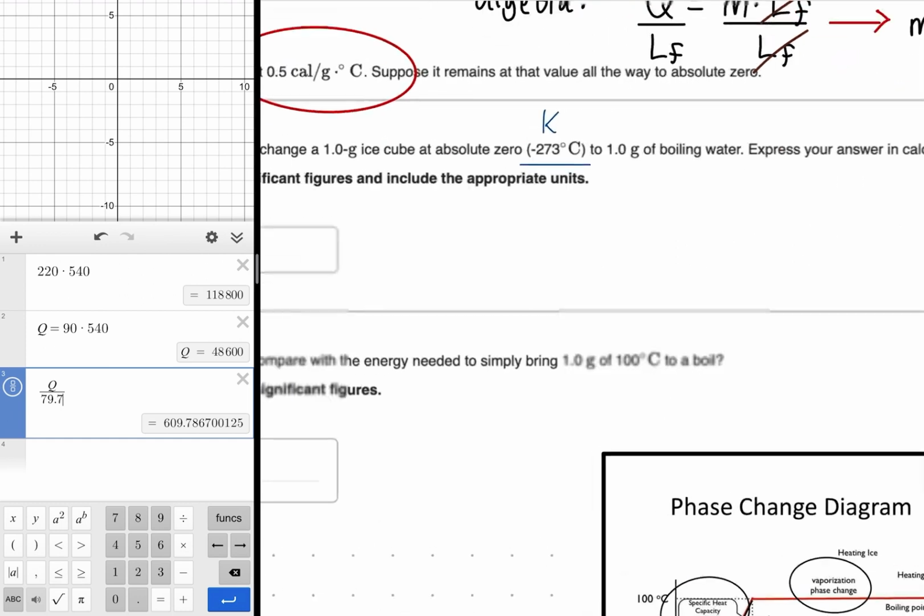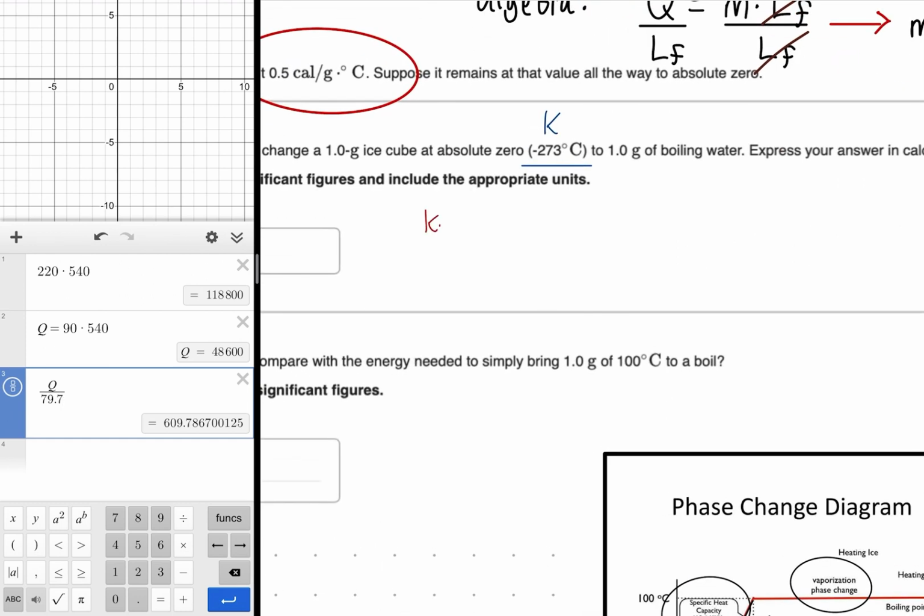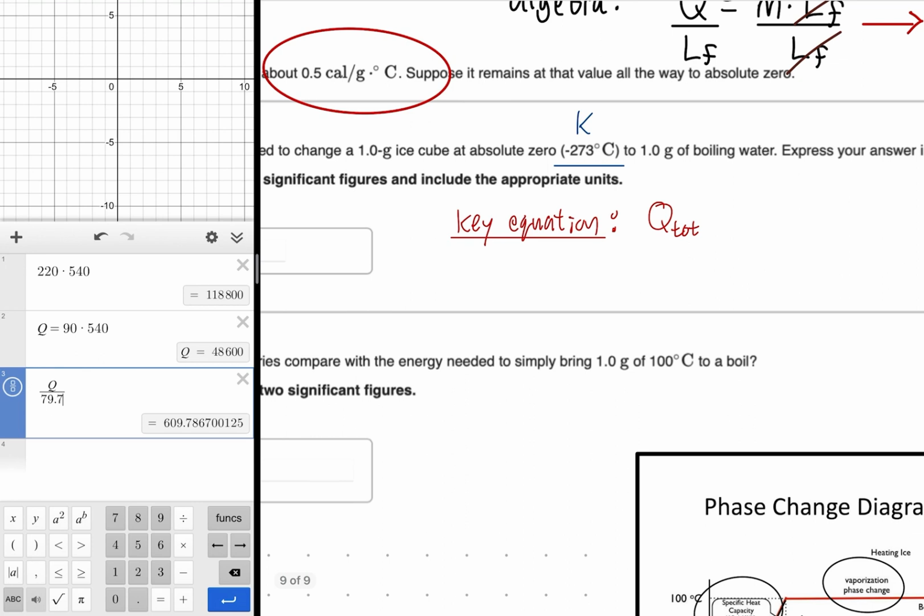So what this looks like, our key equation is kind of similar. Okay, it's going to be Q, but it's going to be the sum of different individual Qs, right? So we call this Q total. So think of this as the total heat, and it makes sense to call it total because there's definitely different